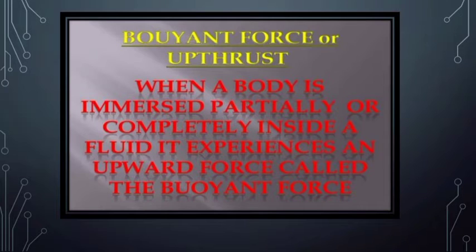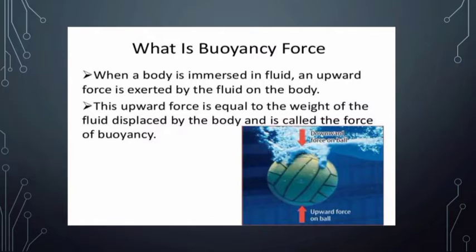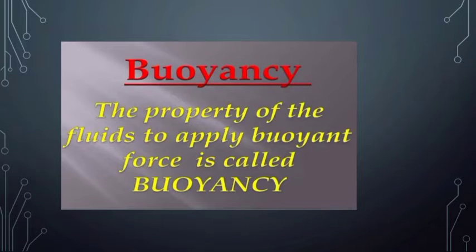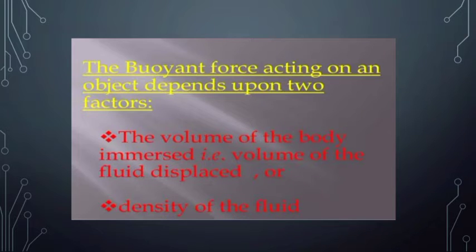That is the upward force that acts against the weight of the object. Here you can see the object experiences a buoyant force, and that property is called buoyancy. Now, three laws of flotation are present here. Firstly, the floating body; second, the body sinks; and third, the body remains in equilibrium.